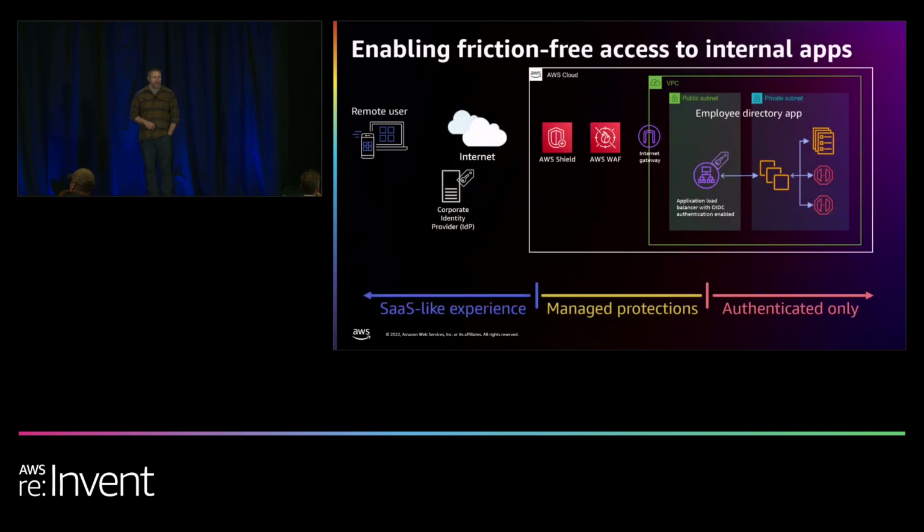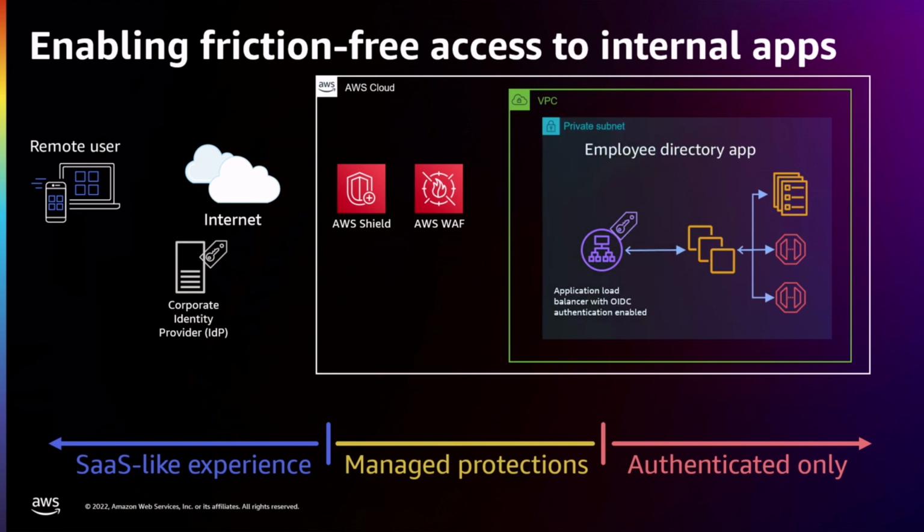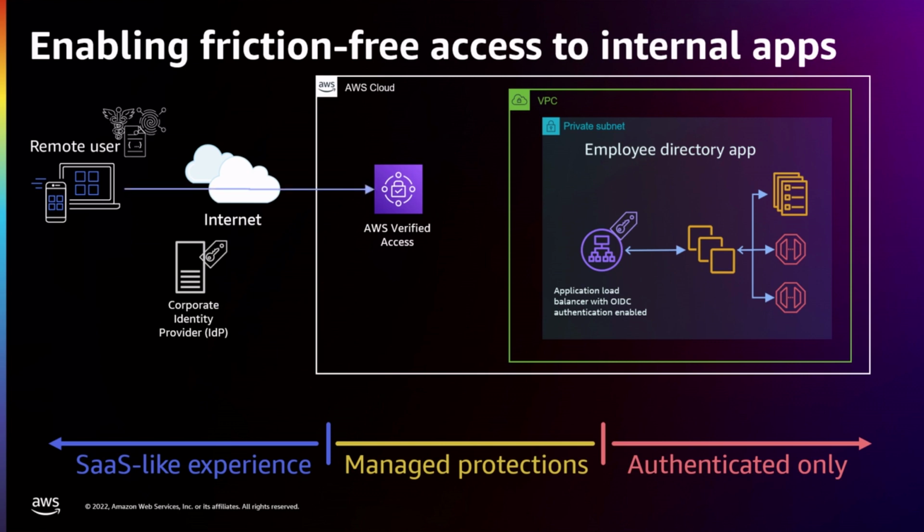All right, so what does that look like, right? So we'll start with where we left off with the ALB example. We'll drop that public subnet, and we'll put all of our components back in our private subnet. It looks like taking away WAF and Shield, but think of this as AWS managing WAF and Shield for you, right? And we'll drop in Verified Access as an endpoint, right? And so now the remote user comes in, but this time we